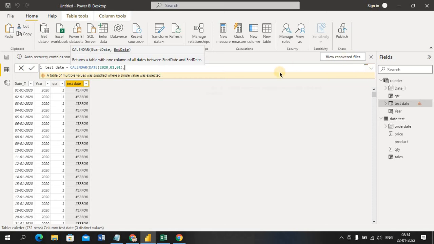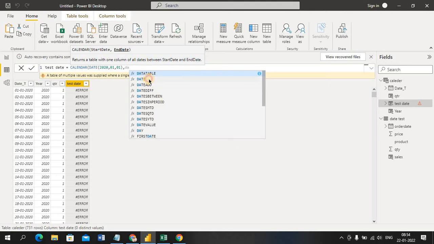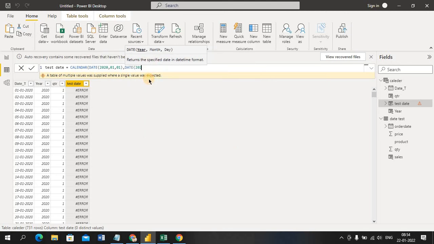So just remove this comma, and for the end date I am giving date, year 2021, 31st, 12. Okay, fine. The day is 31st.